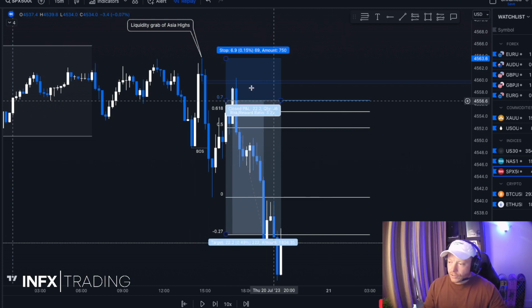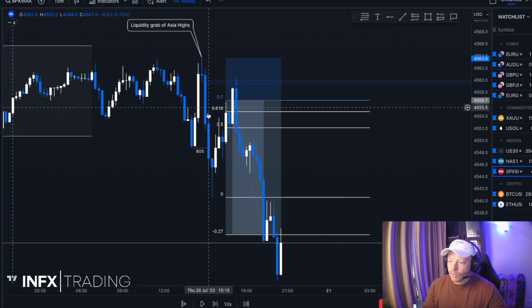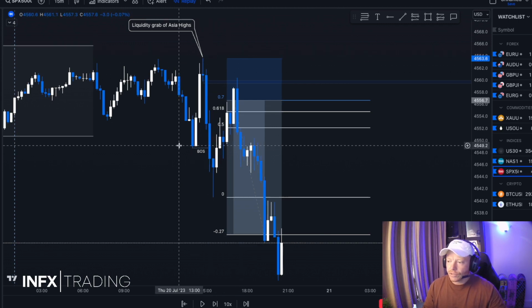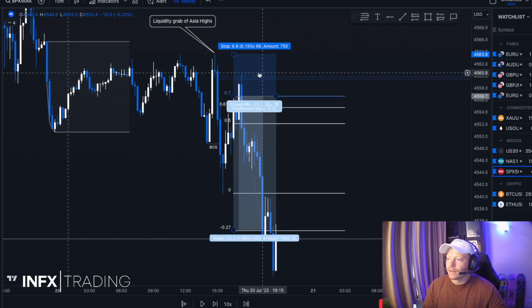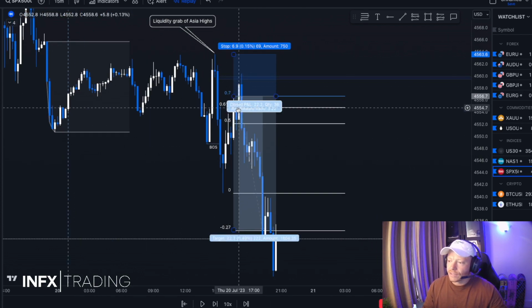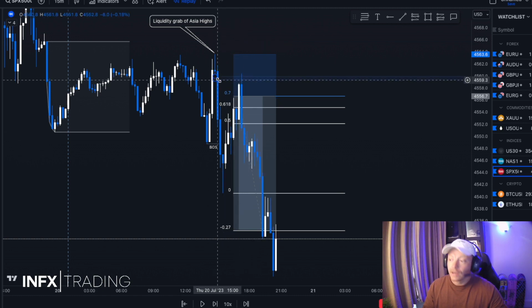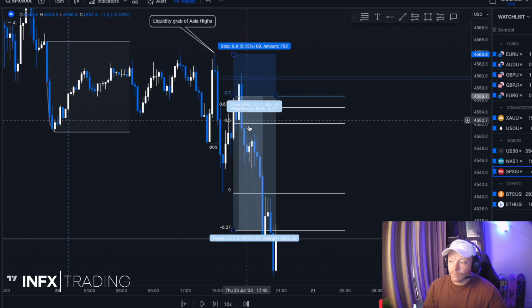Okay, you need your Fibonacci. We're looking for a liquidity grab, then after the liquidity grab we're looking for a breaker structure, ideally in the direction of the last day or two, and then we're looking for an entry from either the 618, the 0.7, or a fair value gap up in the zone. Okay, likely the most extreme fair value gap, because you can see here we got taken out and then price